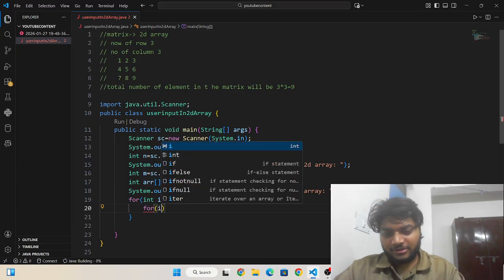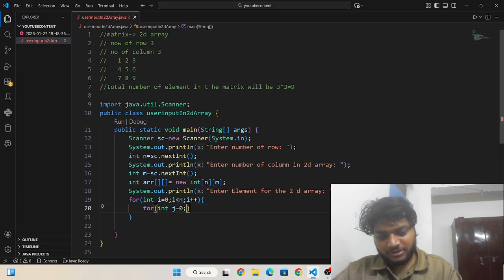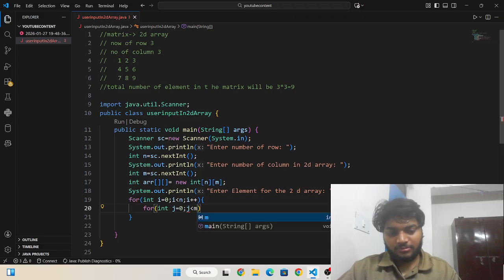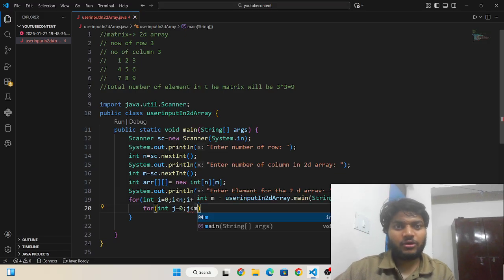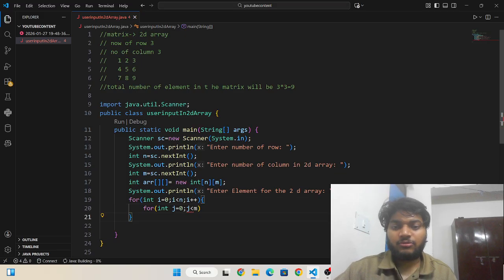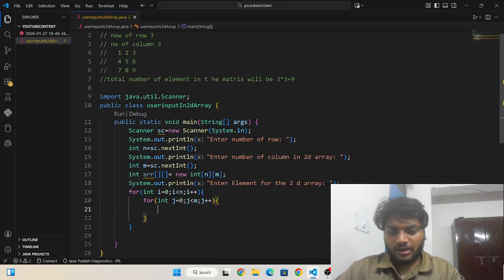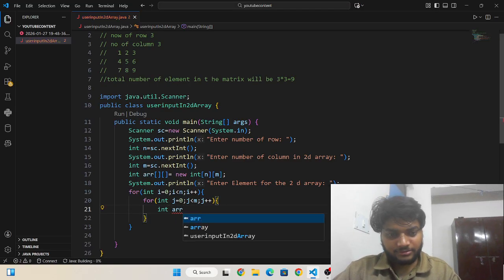Okay, so I need to write here for int j equals 0, j less than m, because n is the number of rows. The first loop is controlling the rows, and the second loop is controlling the number of columns. Then j plus plus, and then arr of i and arr of j.